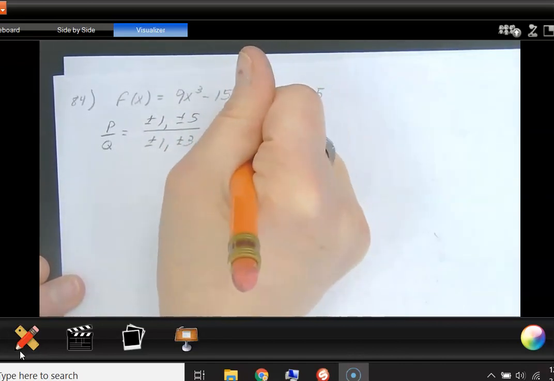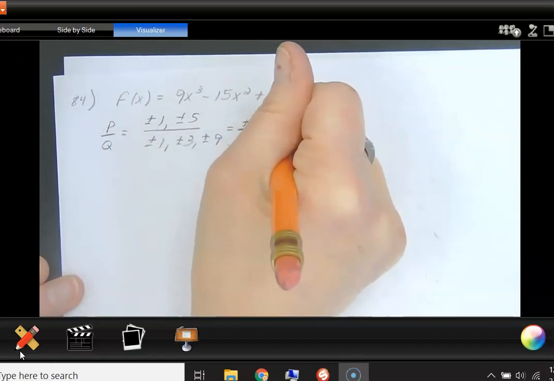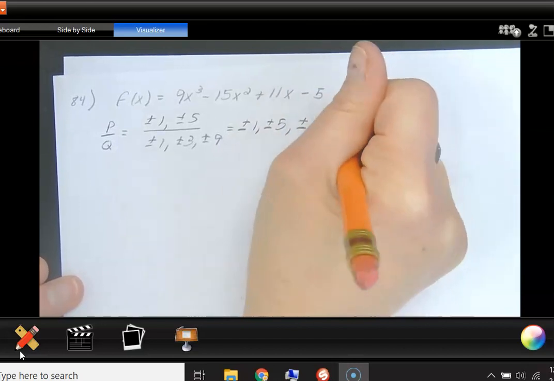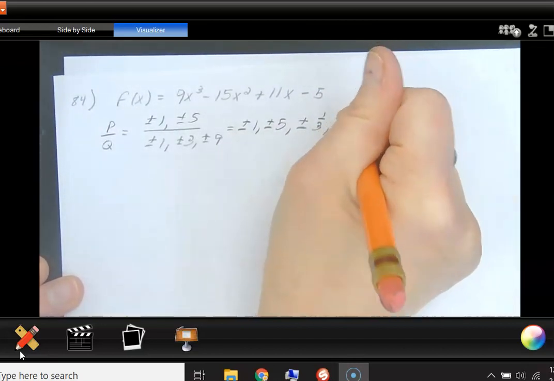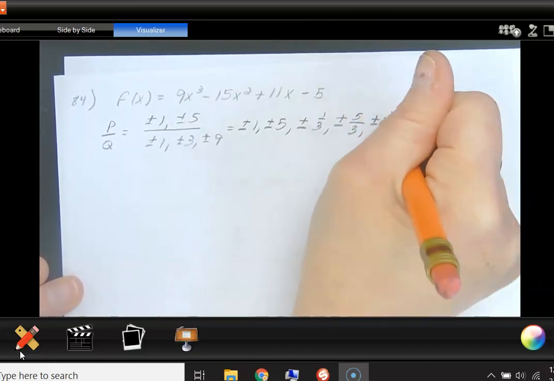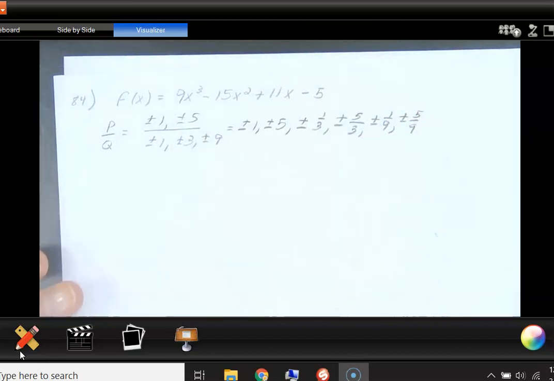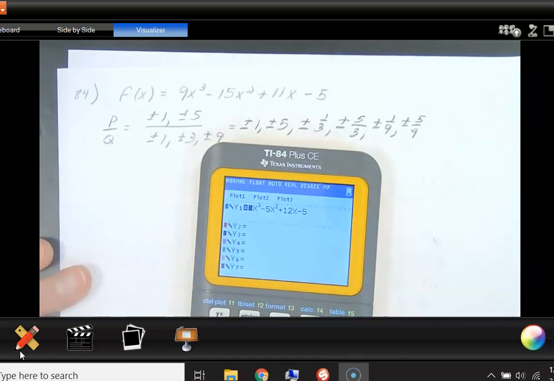Make our list, putting everything over 1 to begin with, everything over 3, and over 9. And for crossing it out purposes, it's probably better to write them all separately, but that's a lot. So 9x cubed